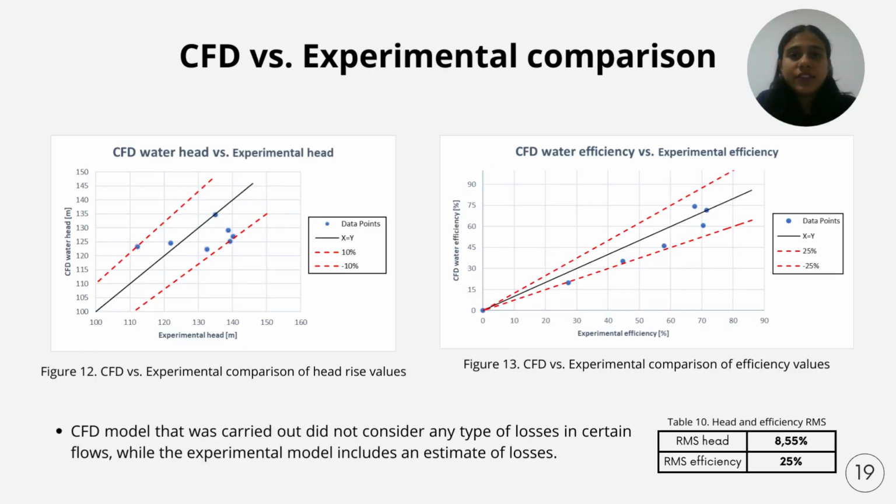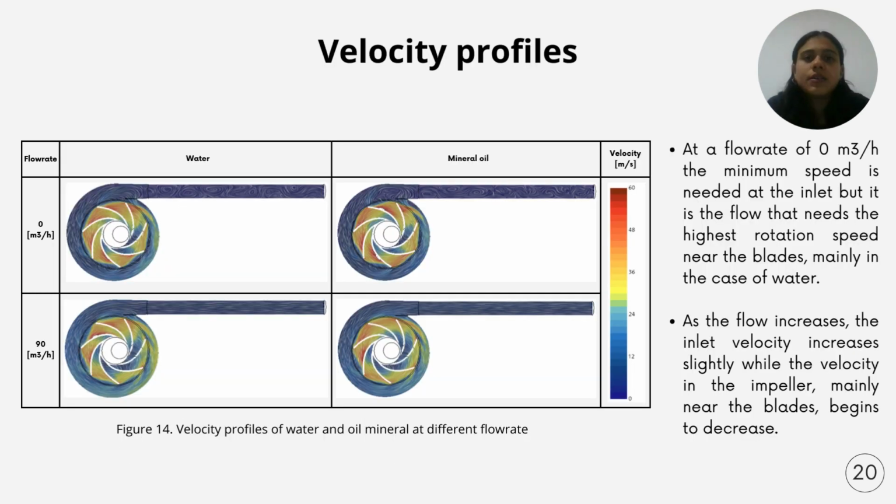The graph on the left shows that all data points are within the 10% deviation region, which is the base error value that was estimated from the RMS, which was 8.55%. This can mean a good representation of reality. Likewise, the efficiency values have a deviation less than or equal to 25%, which was the percentage of error estimated from RMS. It can be seen how at a flow of zero, the minimum speed is needed at the inlet,